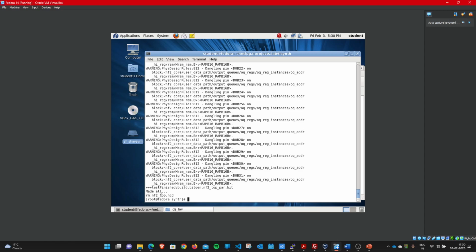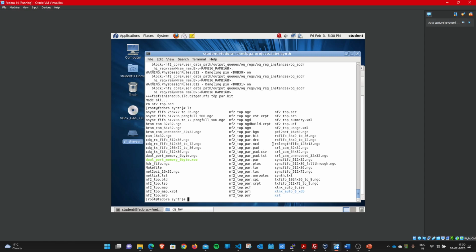And we are done. As I said, after the successful bit file generation it says make all. If we want to see the bit file, it should be